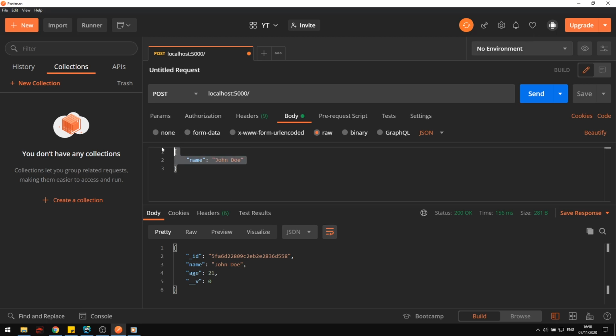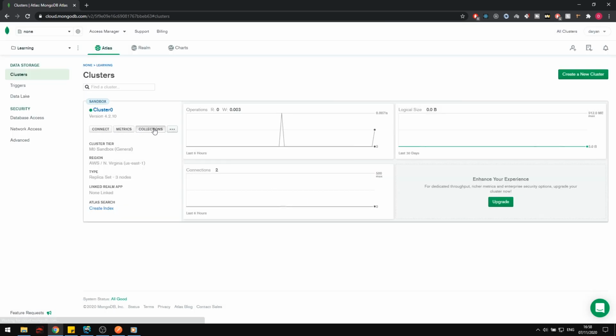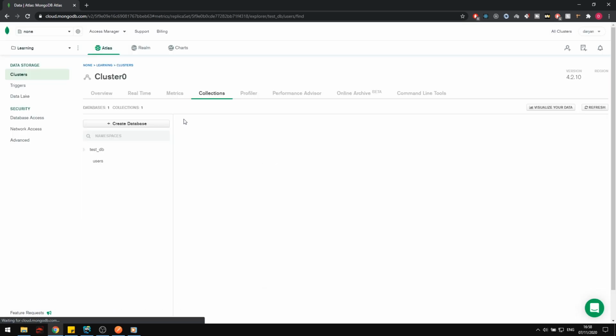It's not actually using this right now. We're using the hard-coded values. We get the ID, we see the name, the age, and there's __v: 0. So now if we actually check our database, if I close this out, I go to my collections, you